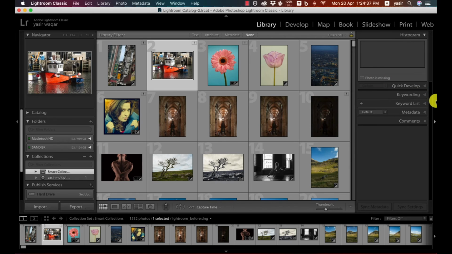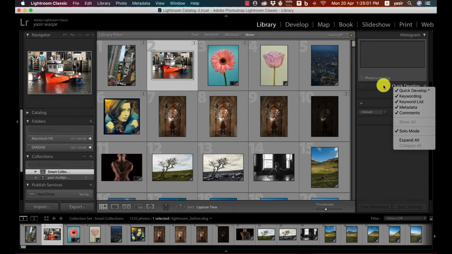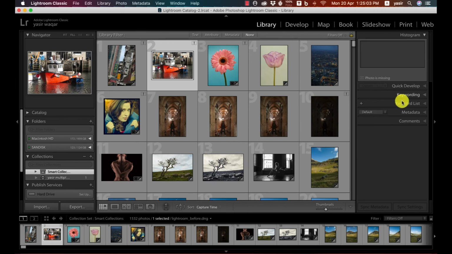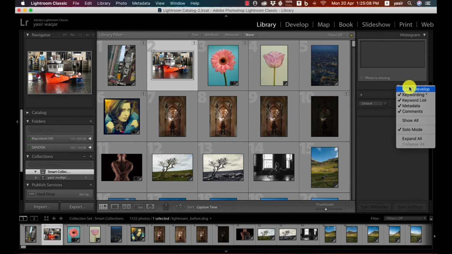Some features I want to highlight: if you right click over here, you can see a star over the development tool, which is selected right now. If you don't want any of the options or features of the panel from here, you can uncheck them and they will vanish from the list. You can bring them back by checking them again. There's also a very good option to not clutter your module: